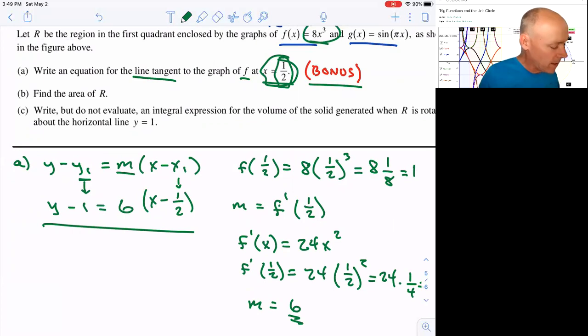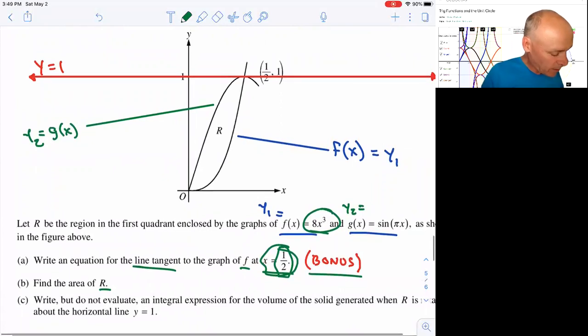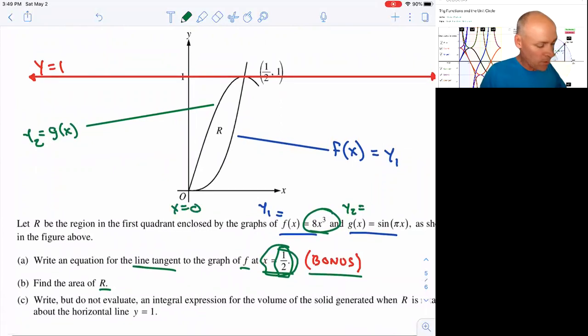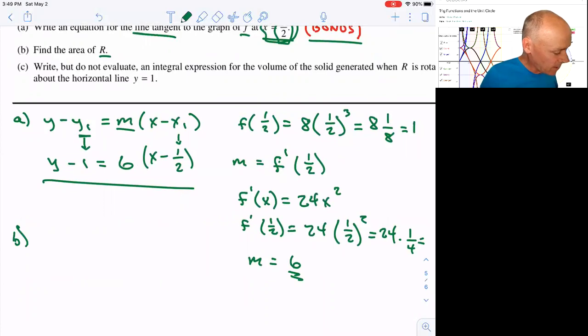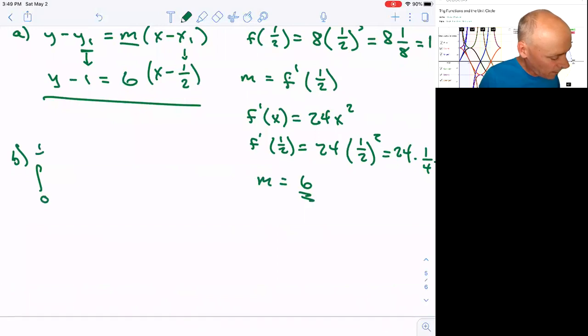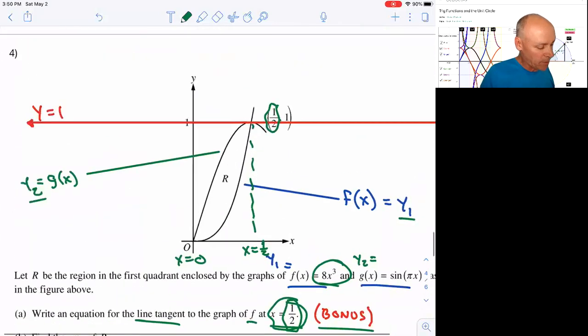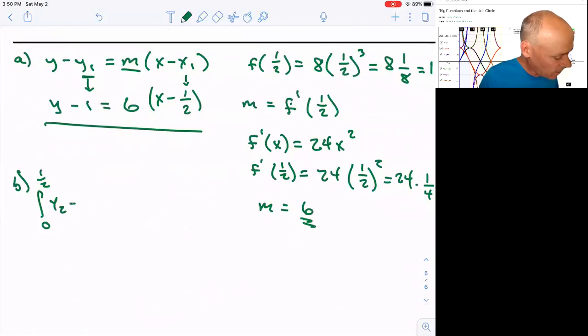Okay, part B on the area of R. Okay, well, there's R. Gosh, this isn't too bad. I'm going to be integrating from x equals 0 to x equals 1/2. And I can see that it looks like my upper function is y2, my lower function is y1. So I'm just going to write that for B. It's a definite integral from 0 to 1/2. 1/2 is my upper bound. And then my integrand, the upper function is going to be y2, and my lower function is y1. y2 minus y1